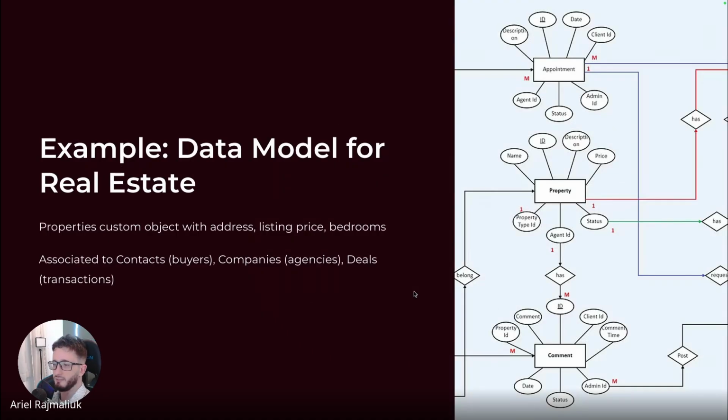Data vault for real estate. Let's say you will have companies and contacts, and deals will be the transactions. This is a representation of the BPMN diagram. This is a simplification of that. It's not respecting the BPMN model, but similar. So in real estate, you will have contacts who buy. You will have sometimes contacts who sell. This is also very common for flippers or house buyers. Sometimes they have companies who are investors and companies who are the ones who buy.